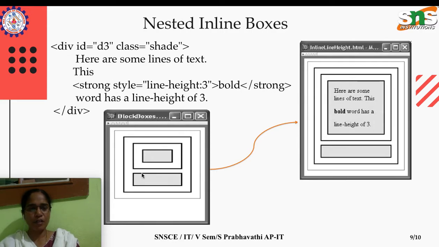By default, with no content, the imaginary boxes rendered by the browser look like this. When we place the content, the line box gets automatically changed to what we have mentioned in the strong inline element, where the line height is 3. I think the output is clear: between these two lines there is no extra line height, but see here in the bold line we have a line height of 3. The imaginary box gets automatically adjusted to the content we have specified inside.